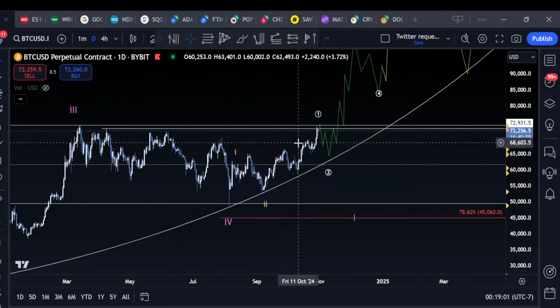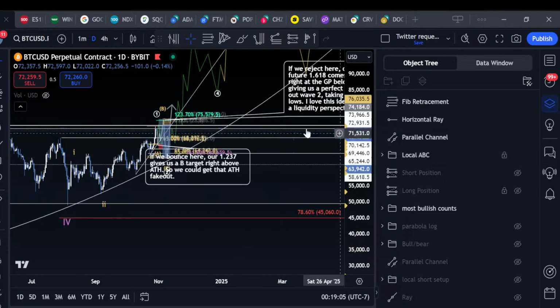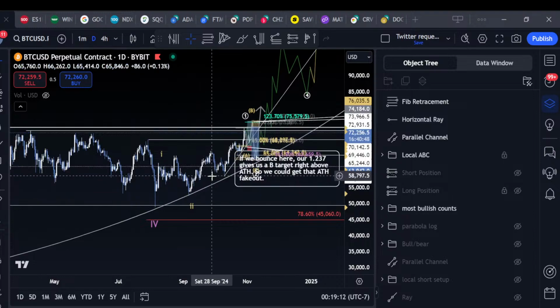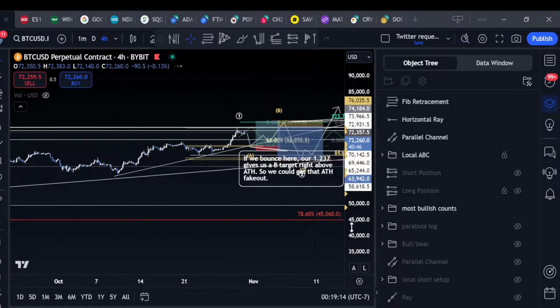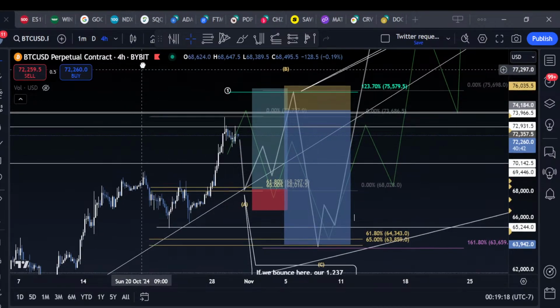And now this brings us to the long setups I'm interested in locally. If this is a 1-2, this is one possible scenario. There's also scenarios of coming down into this 58K low that I'll talk about. And I'm going to switch bullish. Well, I want to get the most out of these ideas.